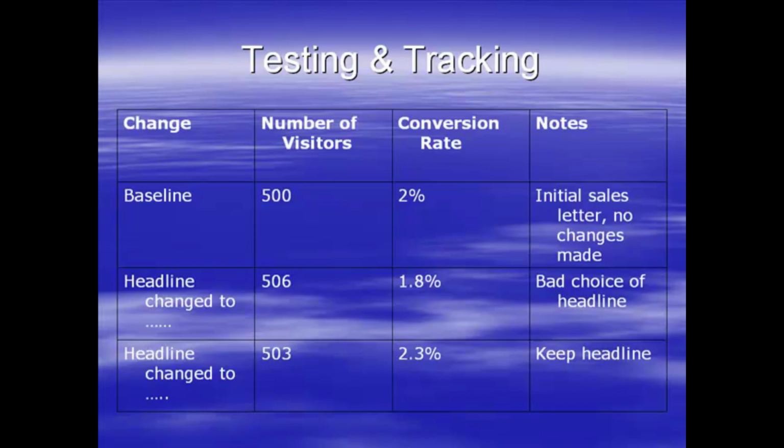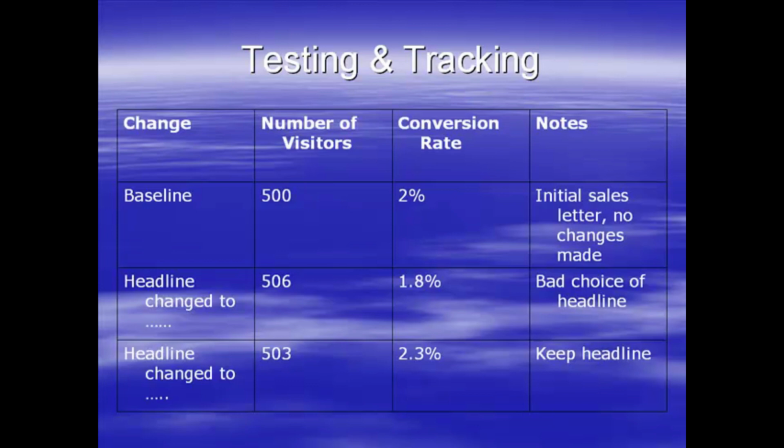And you just keep track of this, and you may eventually see, well, if I change that headline the conversion rate went up, I changed PSs and the conversion rate went up. So let's put those together, and you may realise that, well, actually, hang on, if I change the headline again and put it with this PS, that might increase it even more. So you can test different combinations of permutations and all sorts of things. There's a lot you can do here, but this is a simple form of doing it.